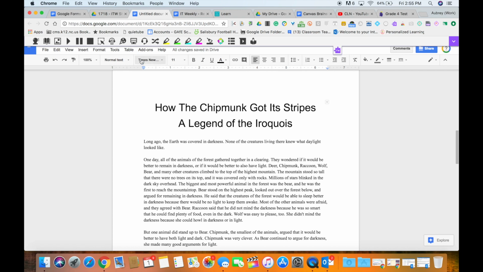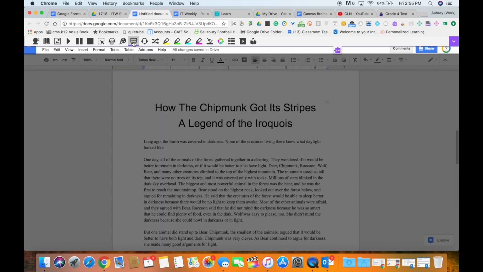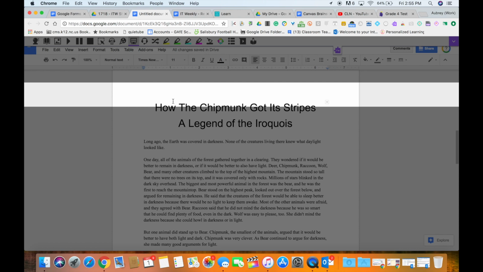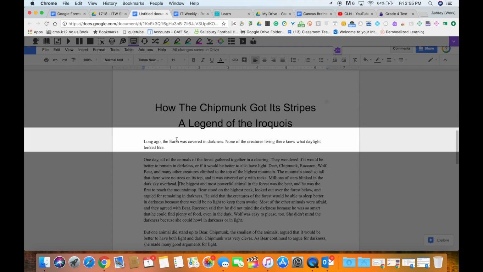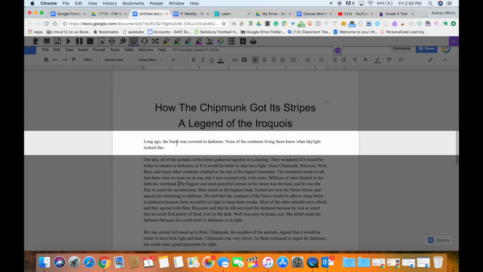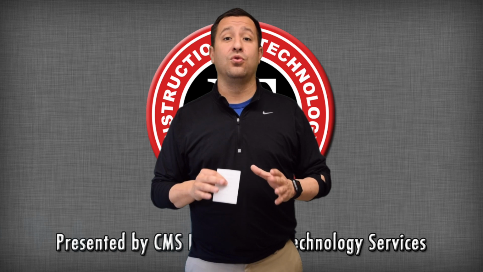Read and Write also includes a screen mask feature that will allow me to mask the majority of the screen and just focus on a small portion of text. When I select screen mask, you see my screen goes gray, and as I move my cursor down, I now have a clear bar that moves with me that will allow me to just focus in on a small section, paragraph, or sentence of text. These tools enable students to read with their eyes and ears, but Read and Write has